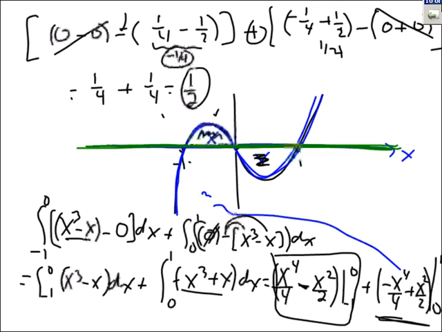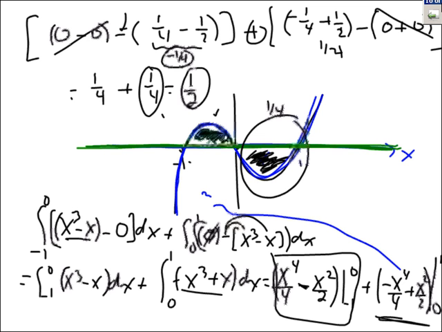And if you think about symmetry, you'd realize that this area down here is the same as this area. So we could have just found this area, which was a quarter. There it is right there. And then double it. So sometimes you can use symmetry, but you have to be crystal clear that it's symmetrically the same. And the fact that it was an odd function,